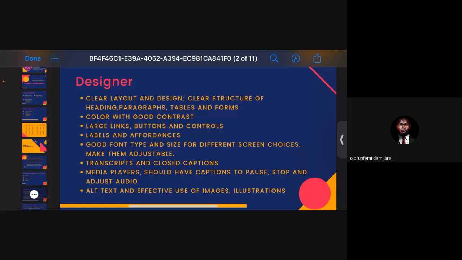This is very important, especially for people that use screen readers, because the screen reader announces the page for them. They don't see it, so it announces it. It announces the heading, it says what it is, right? Paragraph, list of three, it mentions it. So you need to label properly.